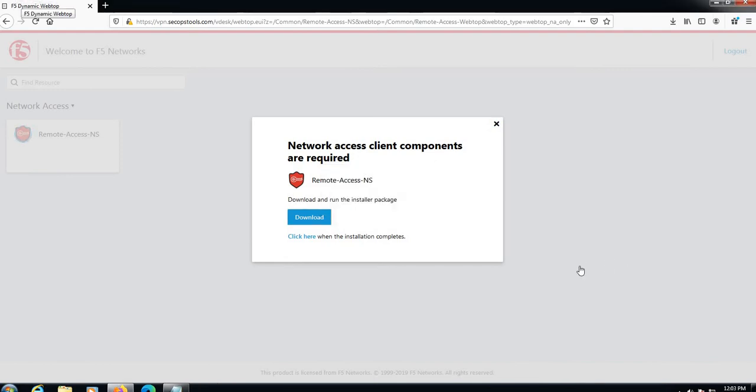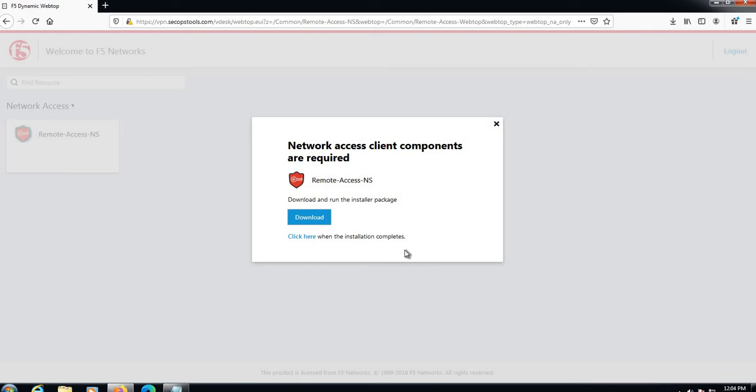Okay, it has installed now. So now we'll click here. Now we have installed the VPN client. It will try to download the settings, the network settings, and with those settings it should run as a VPN.